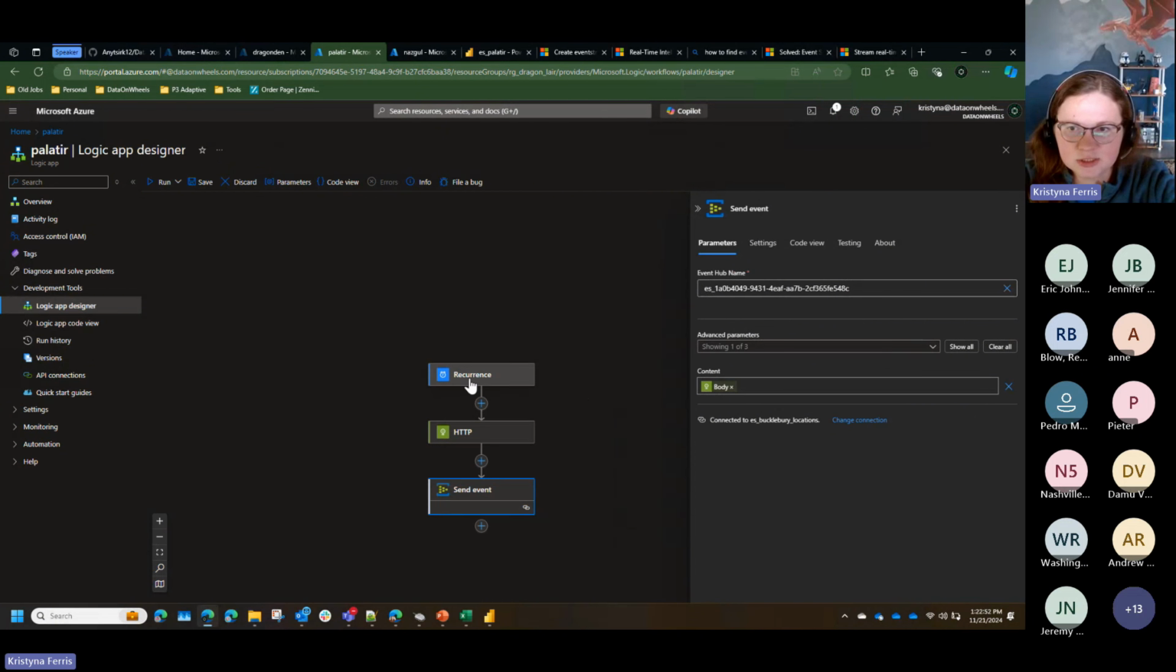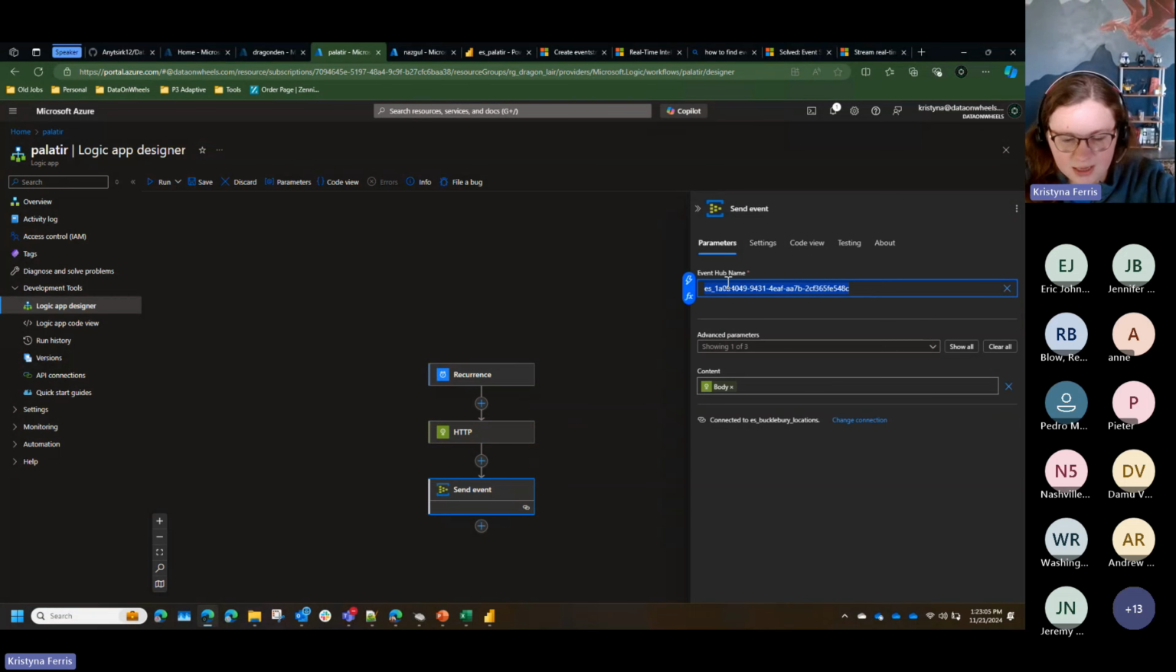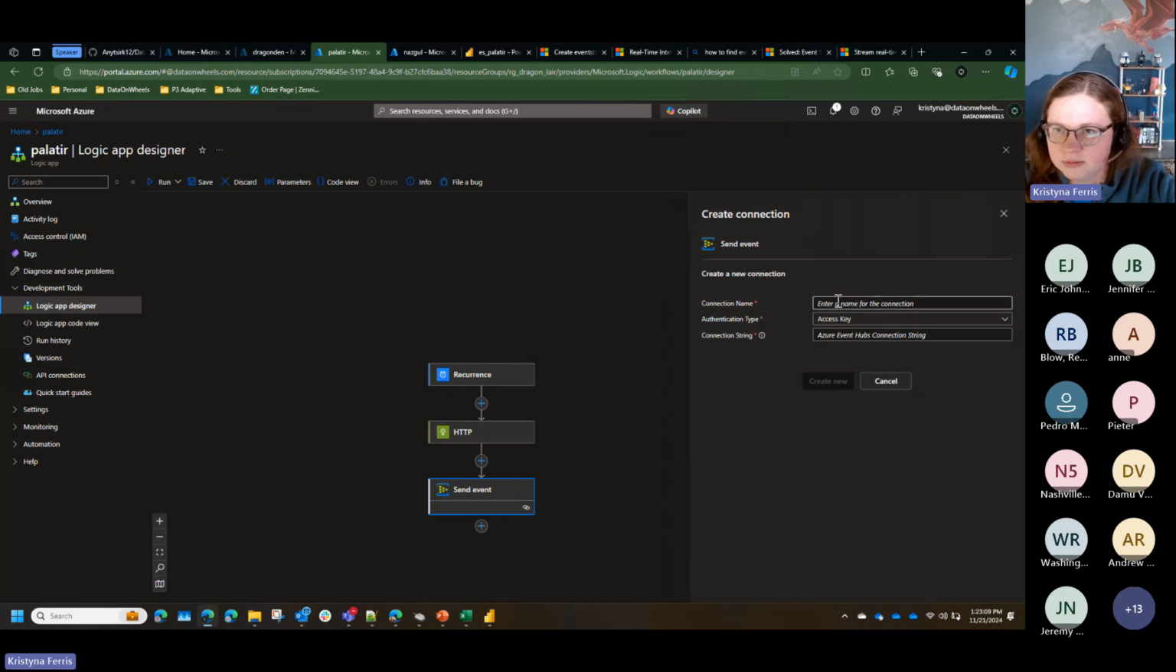And again, this one is just a 5-second interval. And you can see it's a different API call. It's ISS now instead of Astro now. So just a slightly different API call. In the send event, I'm going to put my event hub name in there. And then we're going to change the connection. We'll create a new connection. If I come over